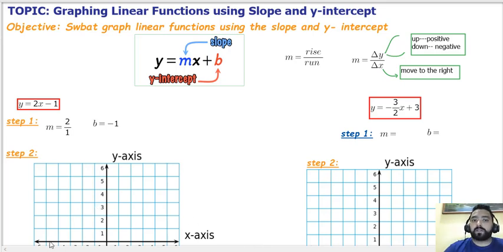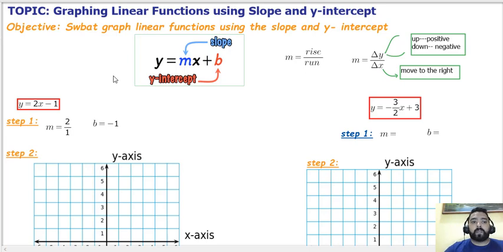First, the formula for a linear function is y equals mx plus b. The m is the slope and the y-intercept is the letter b. So we are going to have the rise and the run representing the slope, which basically means the change between the y-axis and the x-axis. On the x-axis we always move to the right, and on the y-axis we go up if the slope is positive and down if it's negative, because remember we have negative, positive, zero and